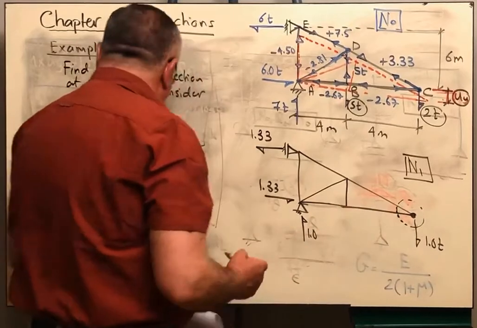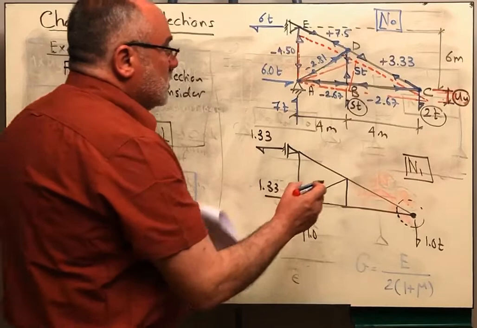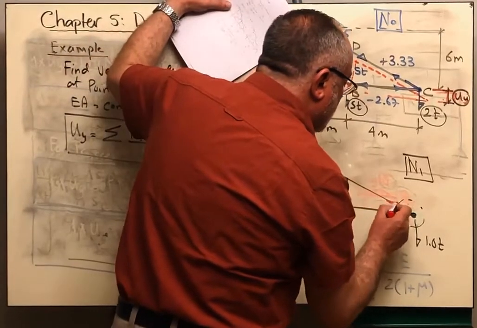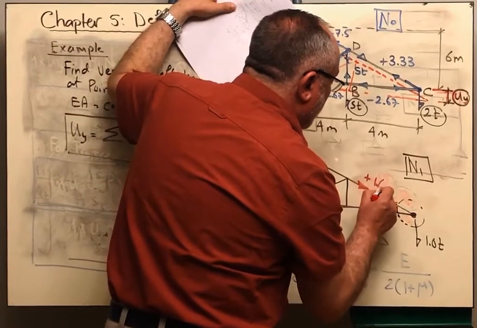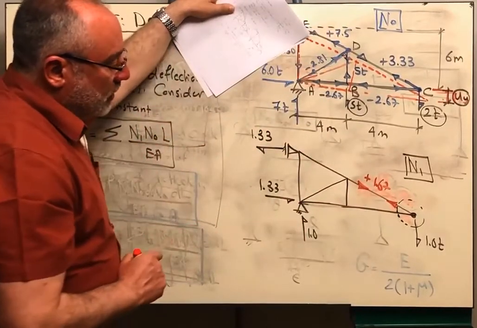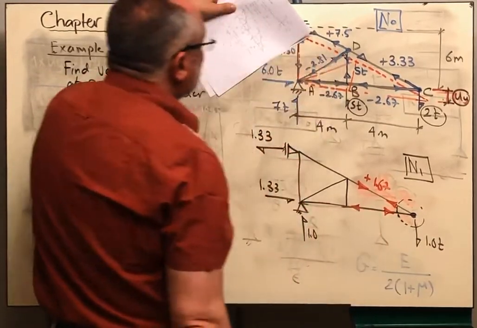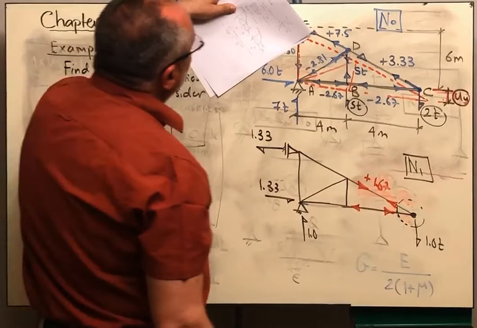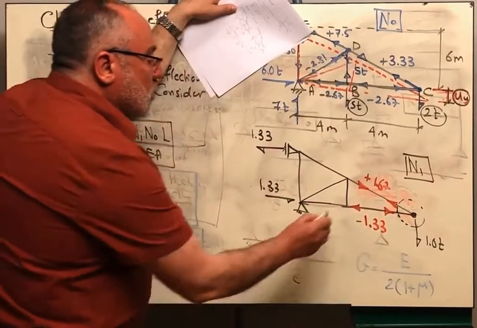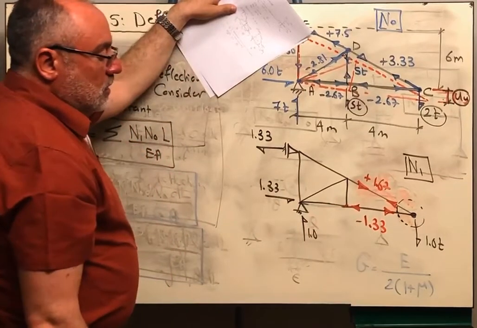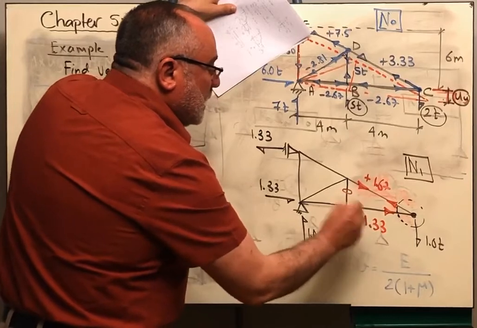From sigma Fy equal to 0, I will get the force here to be 1.67, okay? And the force here will be compression from sigma Fx equal to 0, and it is negative 1.33. From the equilibrium of this joint, of course, this will be a zero member because I'm having 3 intersected